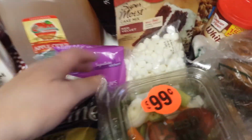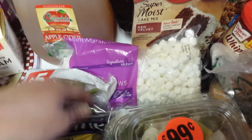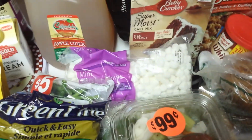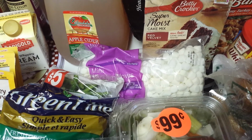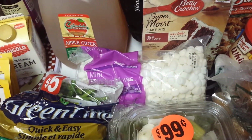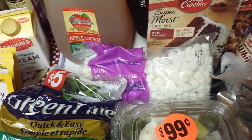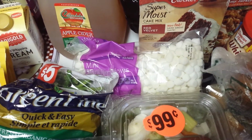And I don't know if I showed these or not, but there's a little package of mini marshmallows back there that was also an extra item. And I like to have these just in case I want to make Rice Krispie treats as a treat for my family or for my coworkers. And they're also great to have around if we decide to do like a